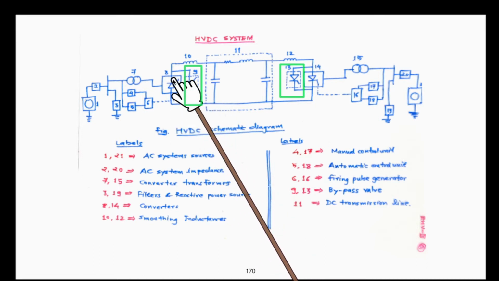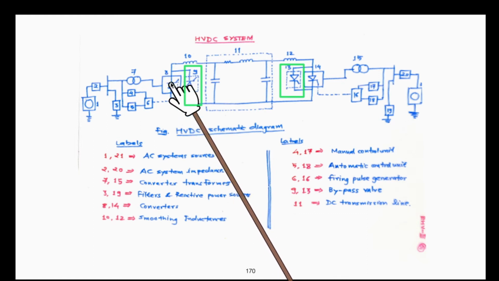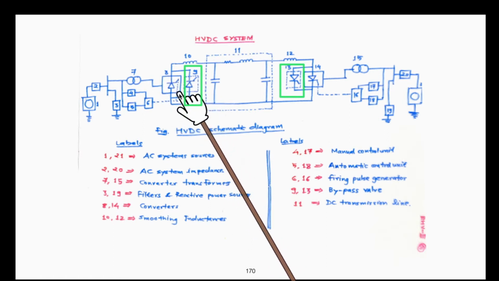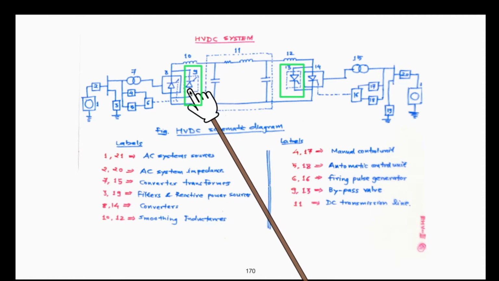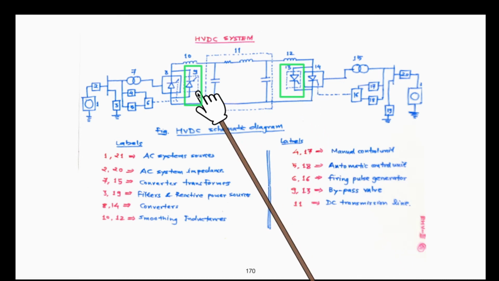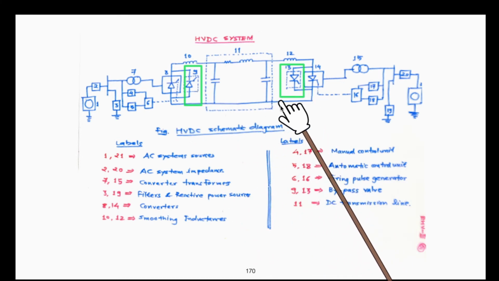Let us say in case of some failure or fault or some maintenance in one of the converter units connected here in series, that will be taken out for maintenance, and in the meantime you have a backup 3-phase converter available, because you don't want to hamper the bulk power supply. There has to be a backup. So this provides reliability. These are the bypass valves.